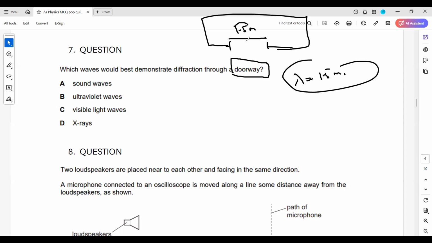So when the door gap matches with the wavelength, maximum diffraction happens. For a demonstration of diffraction, the wavelength and the gap size should be the same or of the same order. So it matches with the sound. That's why we write A as the correct answer for this. So the sound waves,